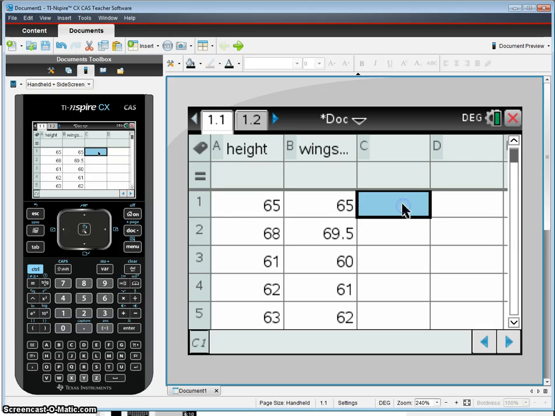So I'm interested in finding the summary statistics for each of these variables, because I'd like to be able to use those to create a linear regression. Now, the TI Nspire will in fact make a linear regression for you. There's a function for it, but we'll get to that in another video. Right now, all I want to do is look at the summary statistics, because at least in my class, we're going to use the summary statistics quite often. And sometimes you just want the summary statistics. You don't really want